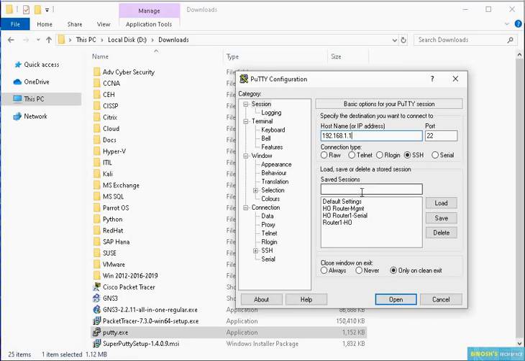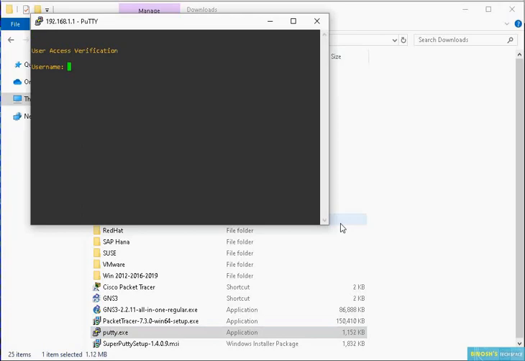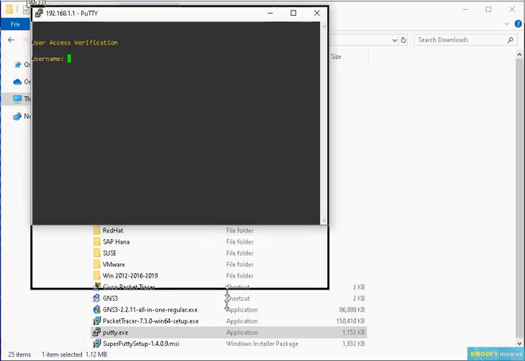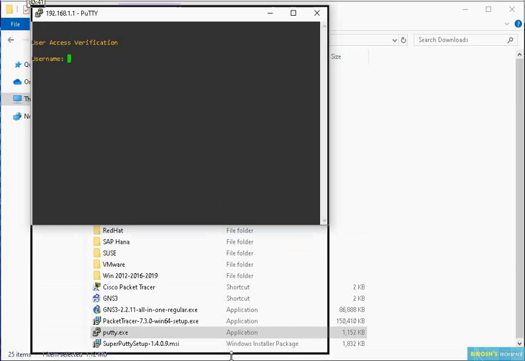You can also save this configuration if you have multiple devices. Next time you will be able to access it from this saved configuration. If you saved any configuration, you can just double click and it will open the session. Once you open the session, you will be prompted for the user ID and password. You can enter the username and password to connect to the router.